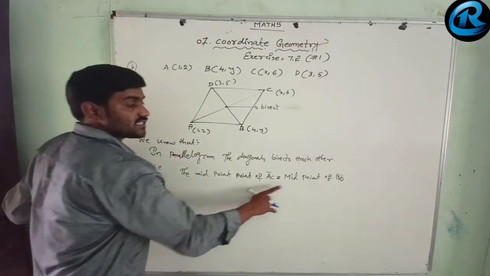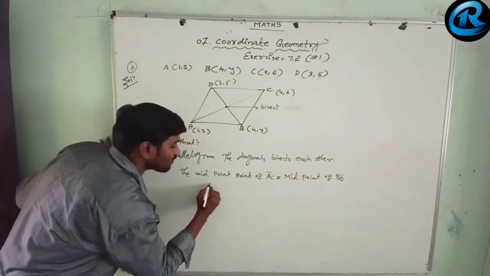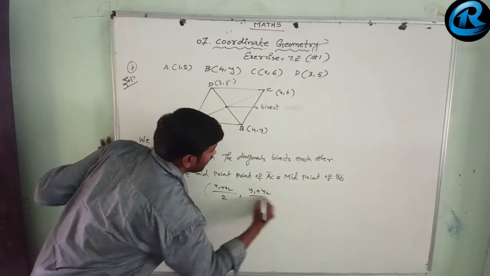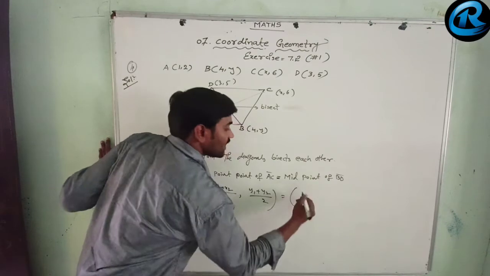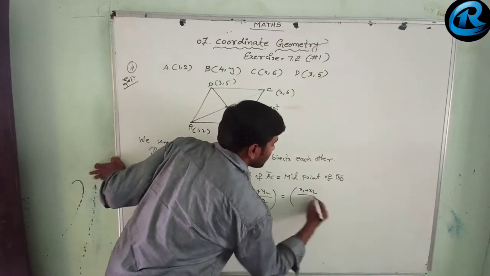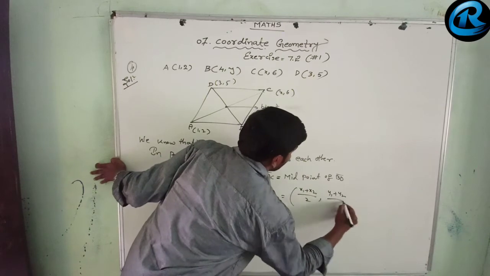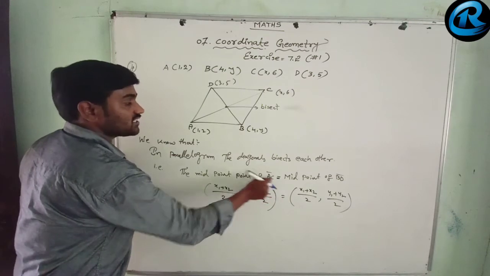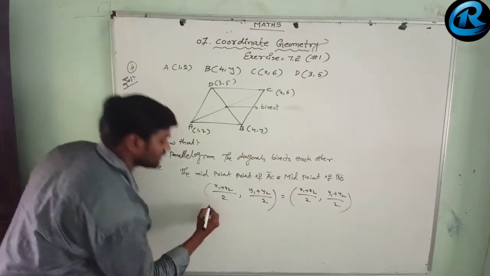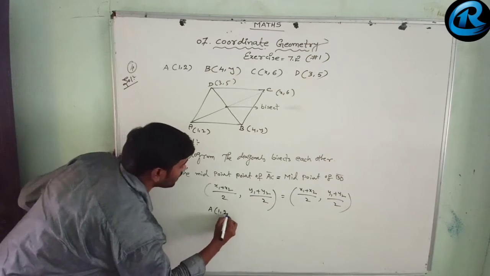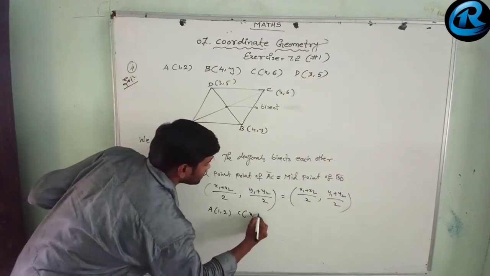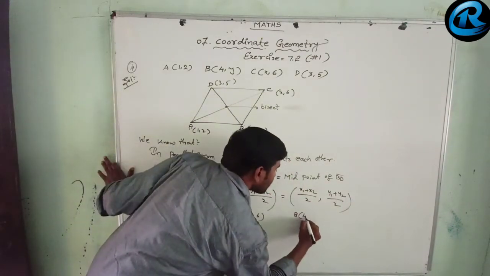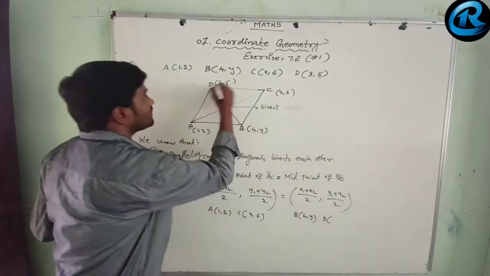So the midpoint of AC equal to midpoint of BD. Let us find out, the midpoint formula is what first? x1 plus x2 by 2 comma y1 plus y2 by 2. Here also the midpoint of BD, x1 plus x2 by 2, y1 plus y2 by 2. This is the formula. We have to mention the formulas. ఇక్కడ ఏ పాయింట్ తీసుకుంటాం, A and C points we will take here. A point is 1 comma 2 and C point is x comma 6. Here which points will we take? B and D. B point is 4 comma y and D point is 3 comma y.